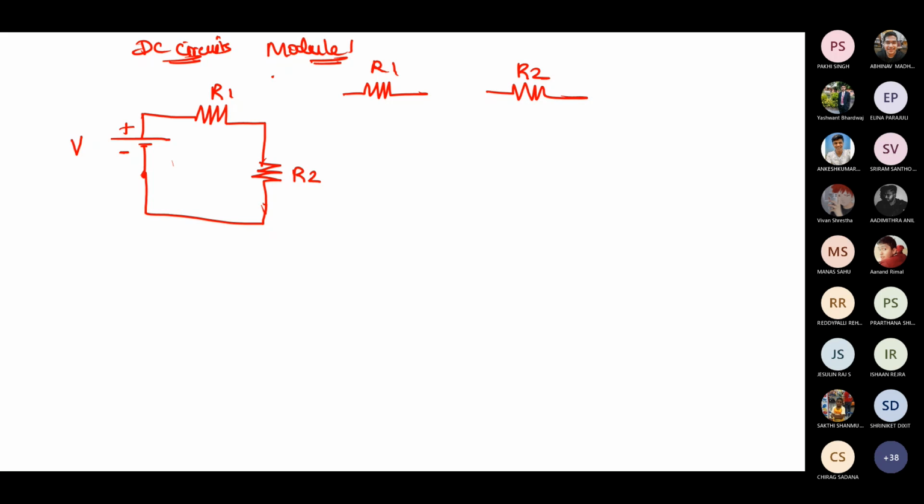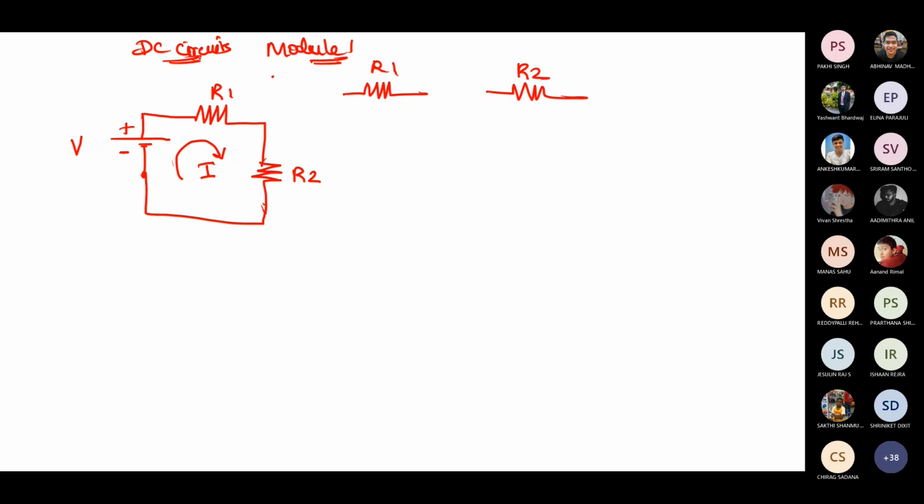Okay, fine. So in unit 1, we are not going to worry about the direction. You can assume any direction. If I take a wrong direction, I will get a negative answer. If I take the right direction, I will get a positive answer. But I'm not going to worry about the plus or minus sign in my result. I'm going to worry only about the magnitude, whether my answer is 5 amperes or 10 amperes, or 5 volt or 10 volt. Only that is important for module 1. Is it okay? So now we take a current, and any direction I assume. I'm going to put a direction like this, and call the current I.